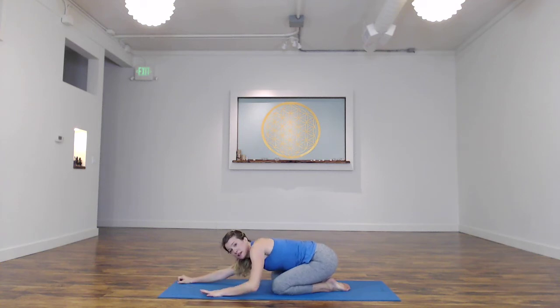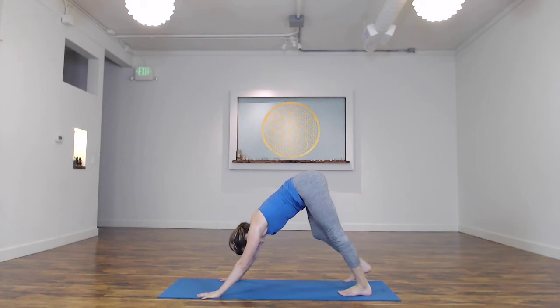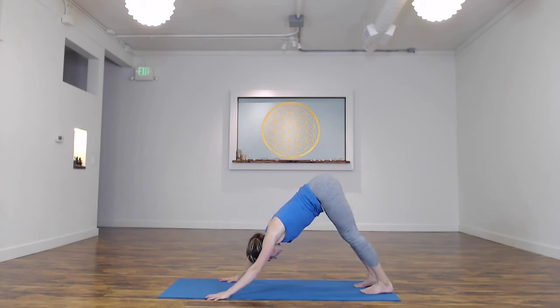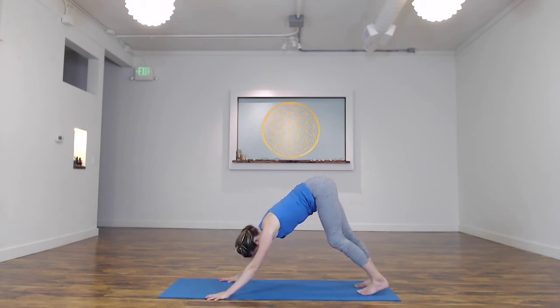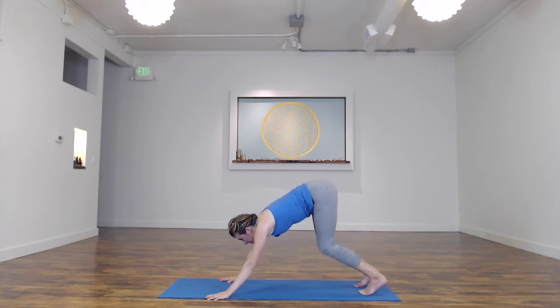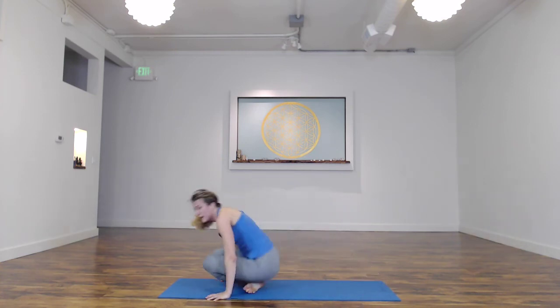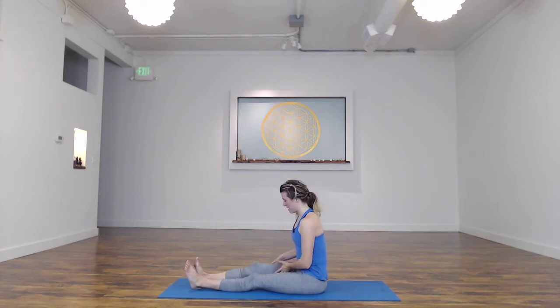Okay, back to downward facing dog. So from here we go to our seated poses. Seated poses also have a lot of the vinyasas in between. I'll give you some options there though. So we look forward, bend the knees, step or hop through the hands, or simply roll back and sit down. Legs extend straight forward. Roll the thighs in. Staff pose or